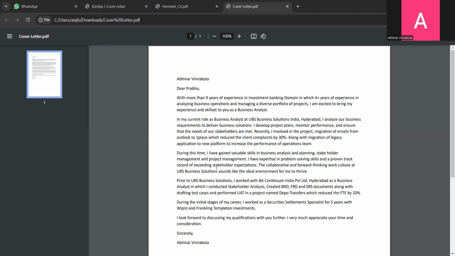For us in Bank of America, this project took only 6 months because of the number of trades and number of markets they're using. Suppose between India and some other European countries, they will do only between those two. That's Bank of America. UBS is not like that. UBS is doing something like between India and the US, with one more country involved in between.